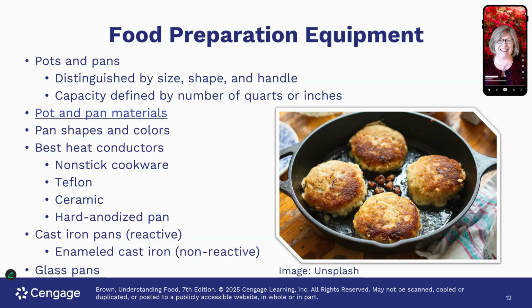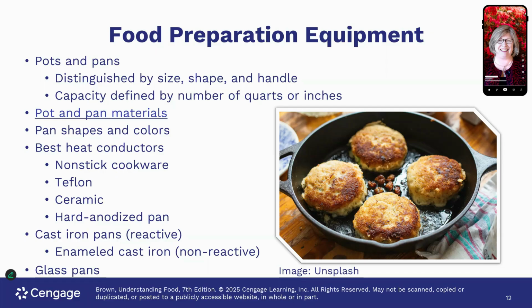You see sometimes aluminum pans, which aren't necessarily the best. You see stainless steel pans. Best heat conductors would be non-stick cookware, Teflon, ceramic, and hard anodized pans. And also the cast iron pans are also very, very good for conducting heat, but they are reactive, especially to acid. So if you're cooking anything with an acidic ingredient like tomato sauce, it'll react unless it's coated in enamel,